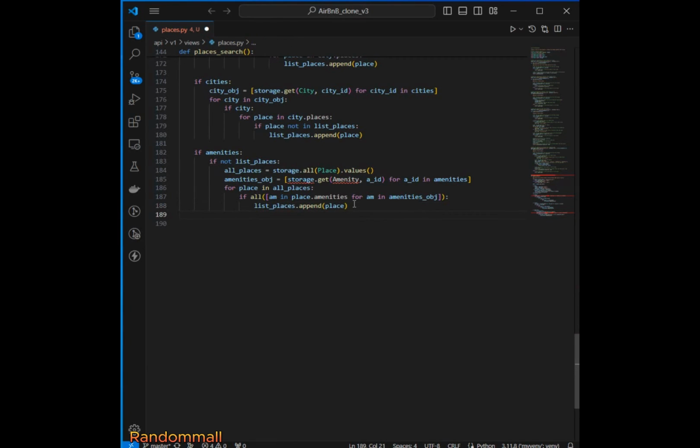So to do that, we are going to initialize an empty list called place to store the processed place dictionary. And then we are going to iterate over the place in the list of places. That is, if we are using the list of places of the cities or of the states, we are going to iterate through it. If the cities or states are not provided and we are using the list of places gotten from the amenities, we are still going to iterate through it. So for each of the places in the list of places, we are going to call the to_dict method on it